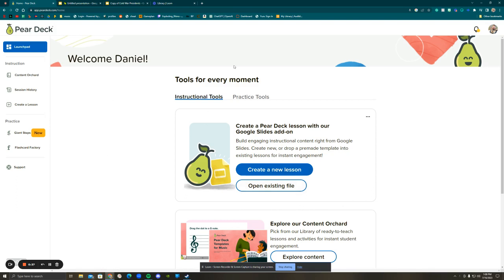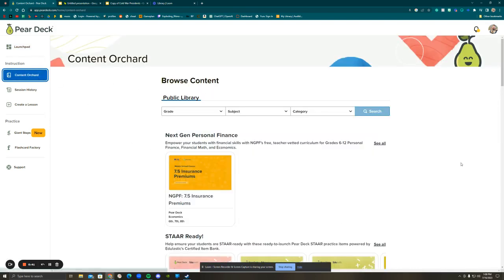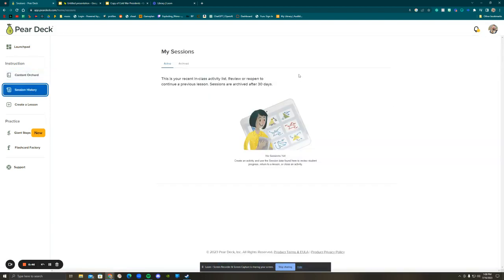But once you get in, this is what it will look like and you sign up. You'll have the content orchard, which I think is a great place to get ideas. They also will have your session history from any sessions you've run, so you can go back and see students' progress and check how they did, maybe even grade their work if you're feeling so inclined. And then you can go to the create lesson option, which this will open up a Google Slides for you